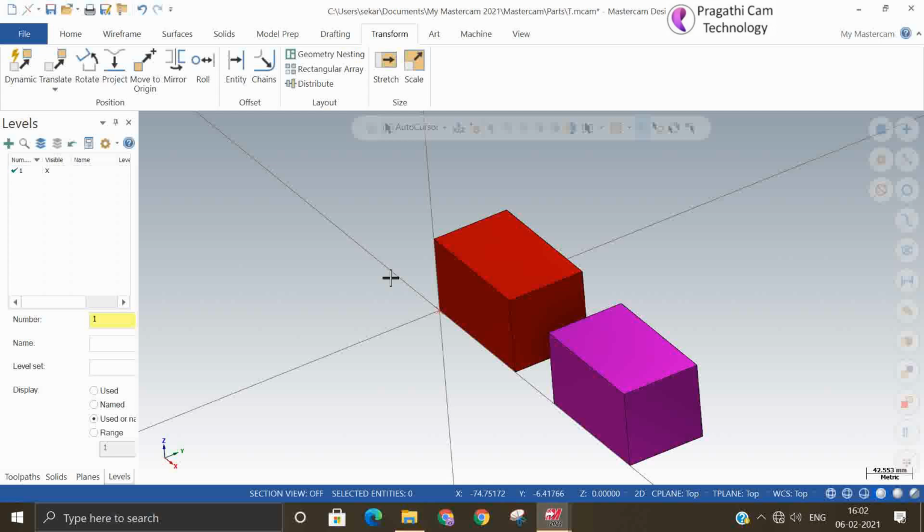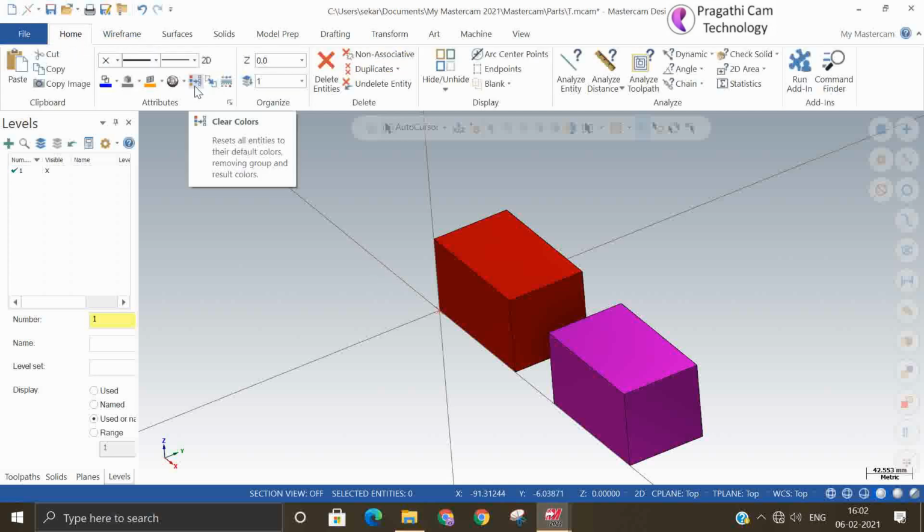If you are accepting it, you can use clear colors. If you are not accepting it, you can delete it easily. So that is the use of clear colors. This magenta color is the child. If you want to accept this magenta, you can say clear colors.